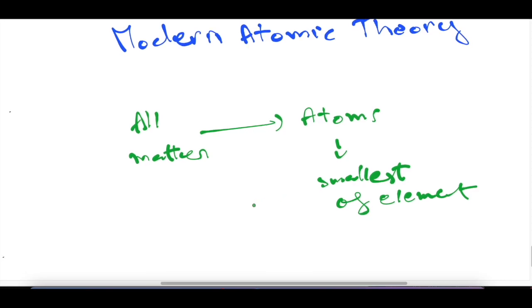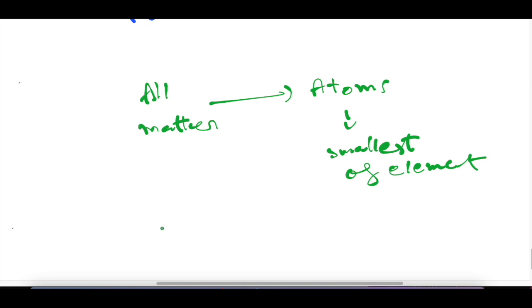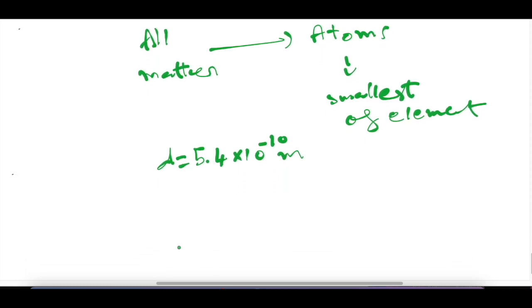Indeed, individual atoms are extremely small. The largest atom has an approximate diameter of about 5.4 times 10 to the power of minus 10 meter. Also, this modern atomic theory